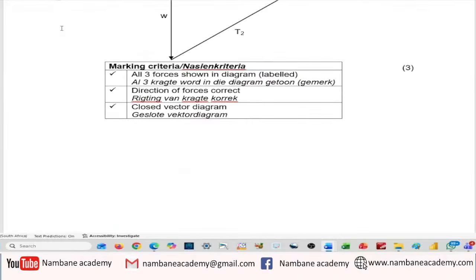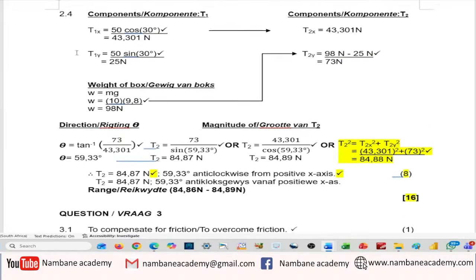It is 2.5, if I'm not mistaken. Yes, it is 2.5, colleagues. So that is the mark allocation for 2.5. And as I indicated in the memo that we distributed yesterday, the total marks here was 7, but now the marks must be 8. 1 mark for calculation of x components of T1, 1 mark for calculation of y components of T1, 1 mark for calculation on the weight, 1 mark on finding